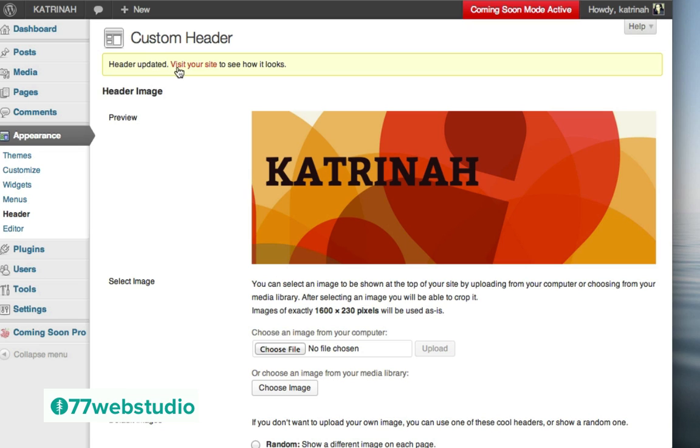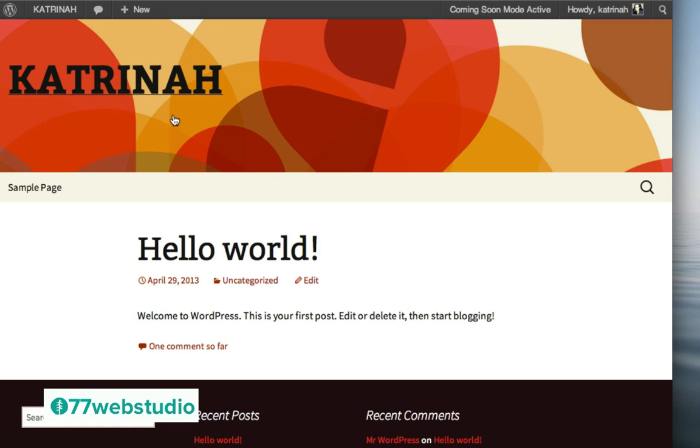Okay, so the header has been updated, so we can visit the site to see how it looks, and this is what we're looking at right now. So the next step is let's go ahead and add some pages to our website here so we can start adding some different internal pages, and we can also set up the menu navigation here, which is the next item